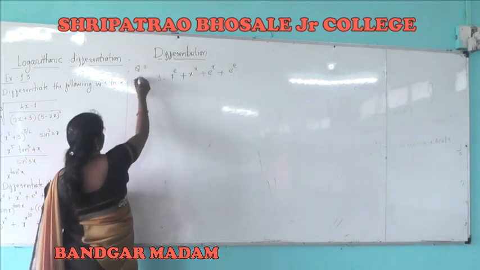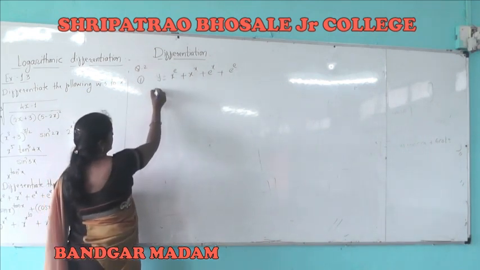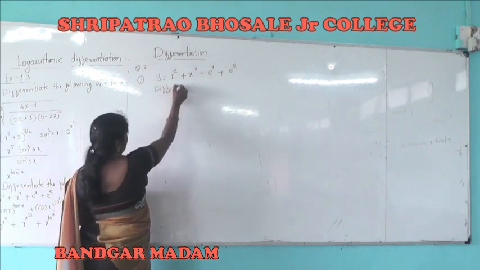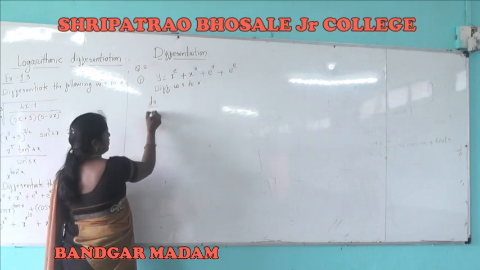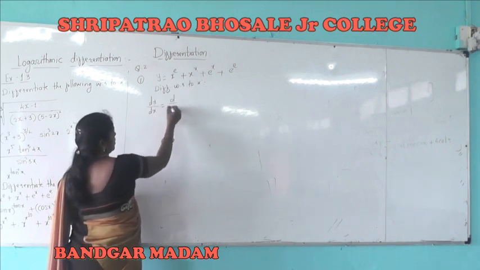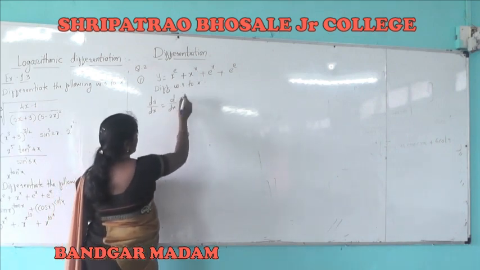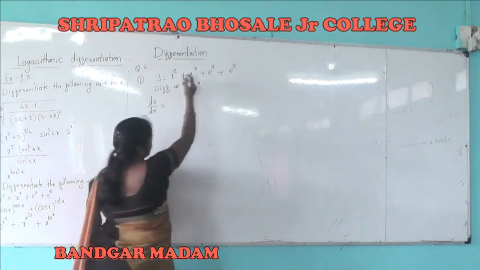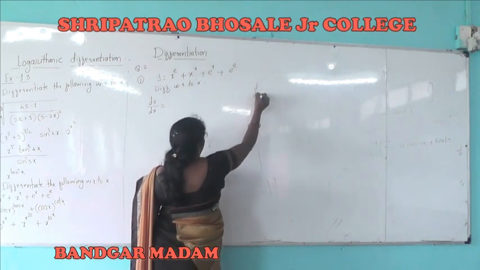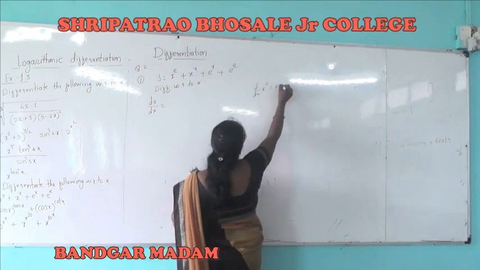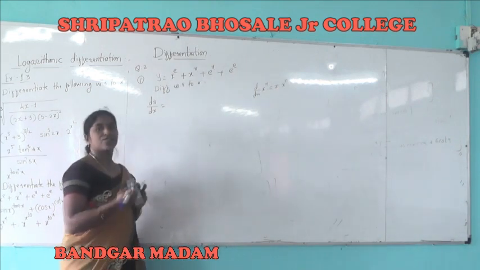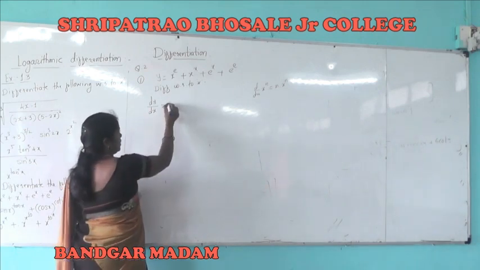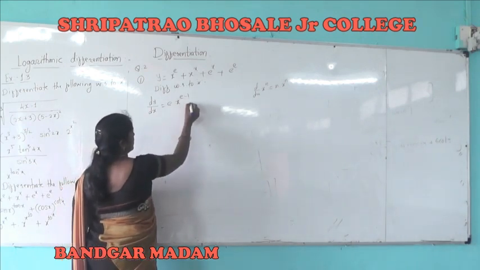So differentiating with respect to x, we get dy by dx is equal to d by dx of x raised to e. So we can write here d by dx of x raised to n is n into x raised to n minus 1, for x raised to e, function raised to constant form. So e into x raised to e minus 1, plus